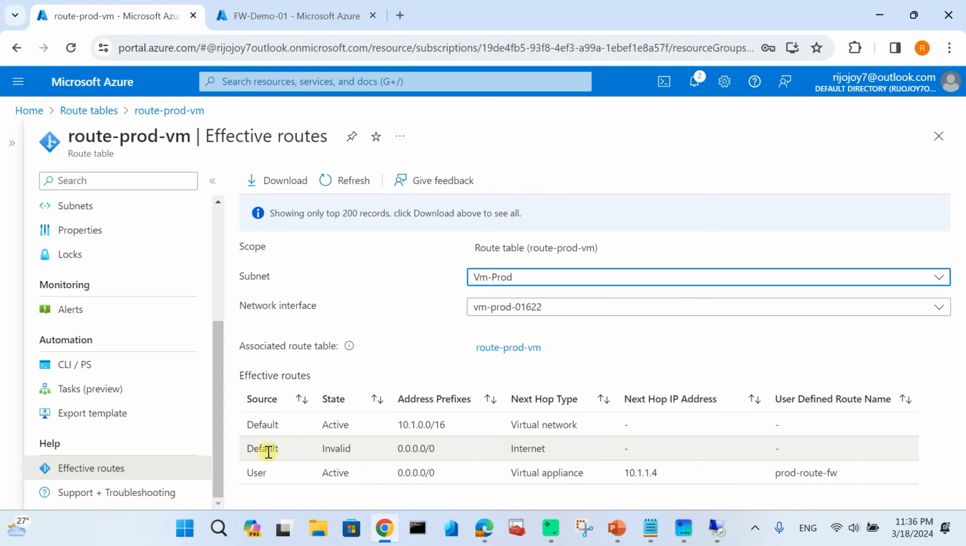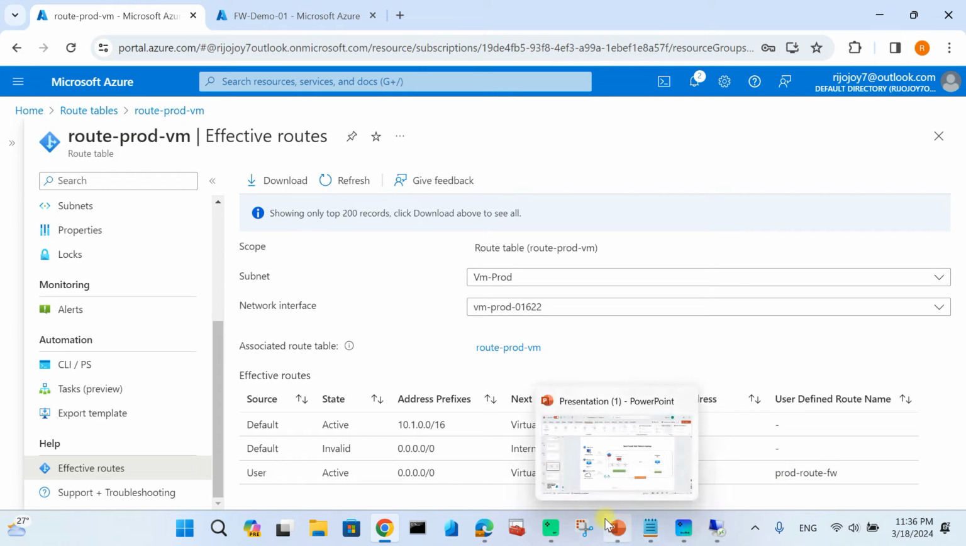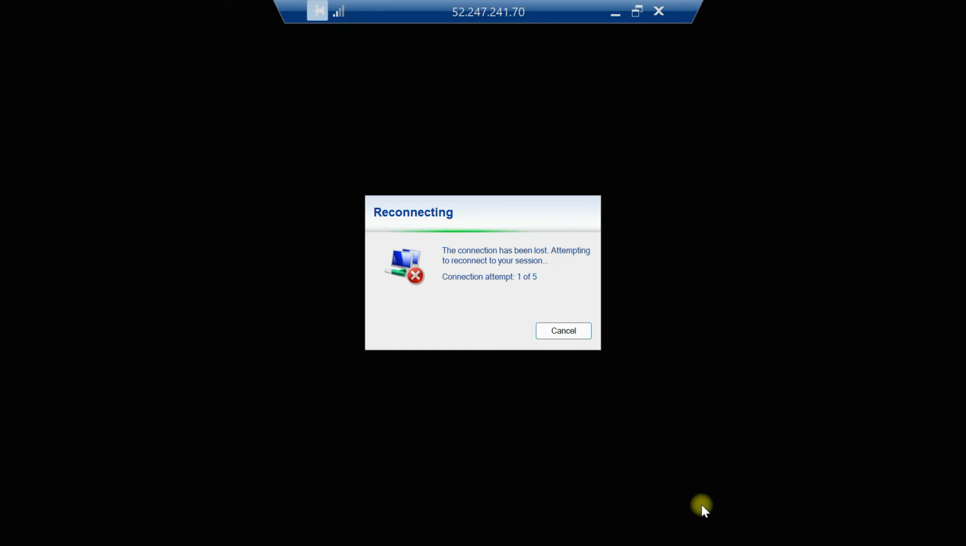Here you can see before, the route was valid and all traffic was passing to the internet. So now they changed it to source user, state active, address prefix, and virtual appliance is the next hop address. So all the traffic from VM prod will now be passing to the virtual appliance. Just try remote connectivity; now the remote connectivity is closed because the traffic will be passing to our